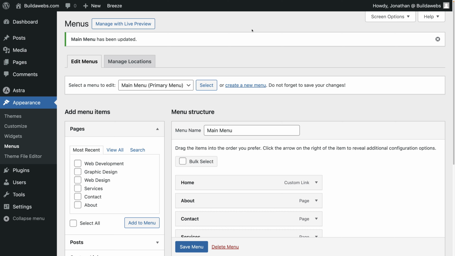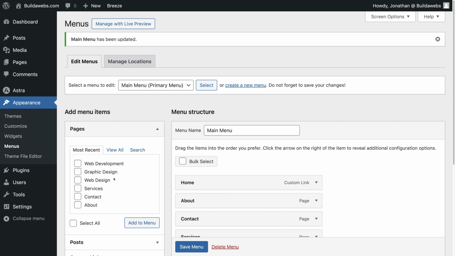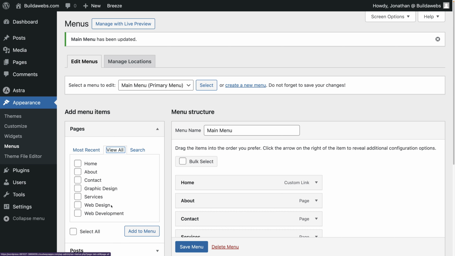To add drop-downs to a navigation menu in WordPress, first of all make sure you're logged into WordPress, then go to Appearance, then Menus. Then either choose the menu that you want to add drop-downs to, or create a menu from scratch, which we did earlier. So the first thing we're going to do is go to the Pages section, open that up, and then click on View All, and we're going to add some more pages to the menu, just these pages. Again, if you want to create pages, you can go to Pages and Add New Page. Then we're going to click on Add to Menu,